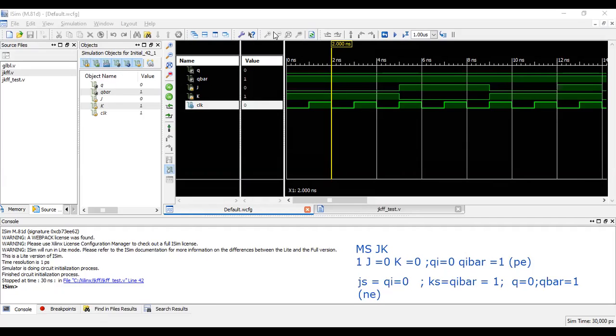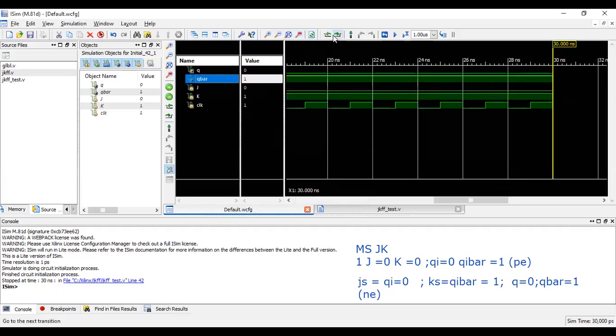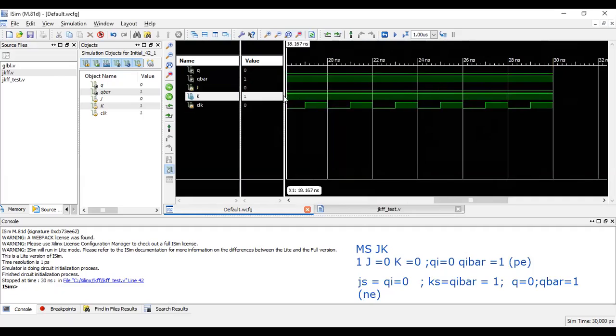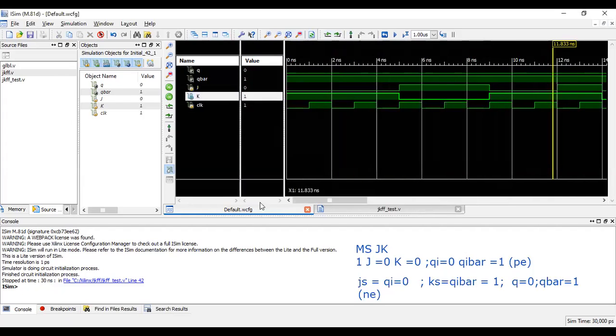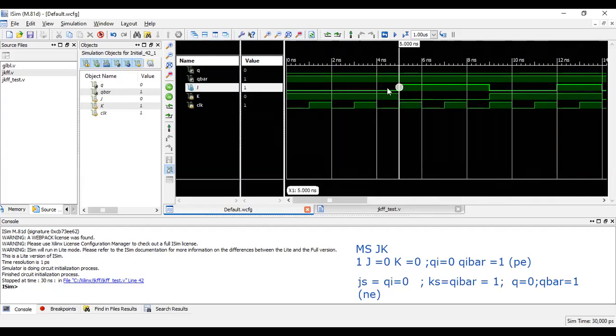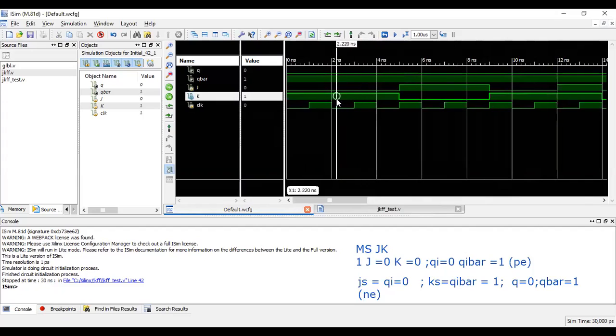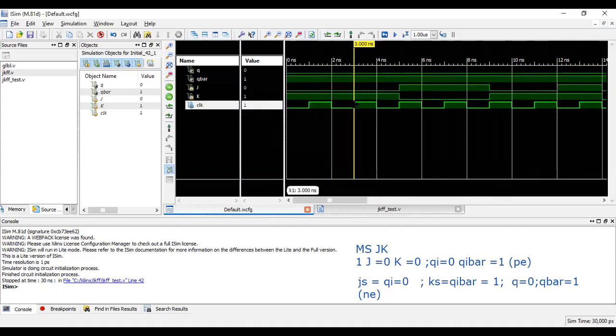Similarly, if you go to the next analysis, during the next positive edge, we can analyze completely. This negative edge is done. During the next positive edge, what is happening?